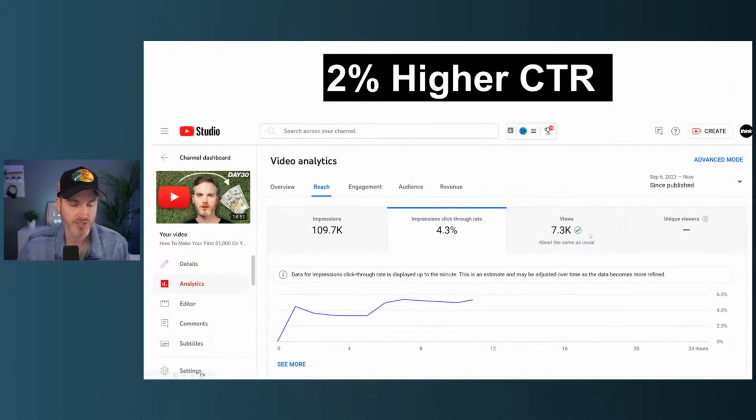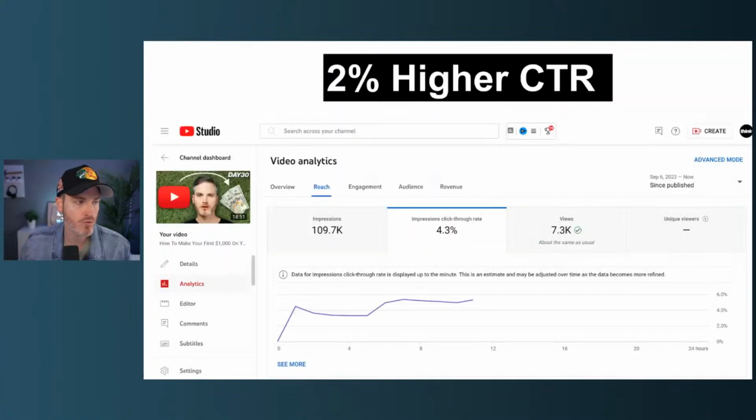So the thing to notice here is that if we have a theory like, does changing the title or the thumbnail improve performance, we don't want to base it off emotions. We don't want to base it off just like, I feel like it did. It kind of seems like it did. But the cool thing about YouTube is it's all about numbers. It's all about math. And after doing this test, I was able to see that 2% click-through rate was improved.